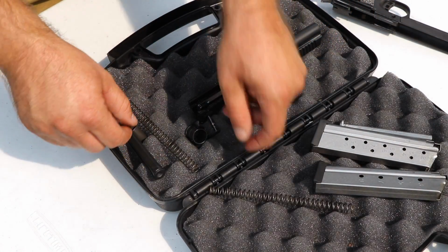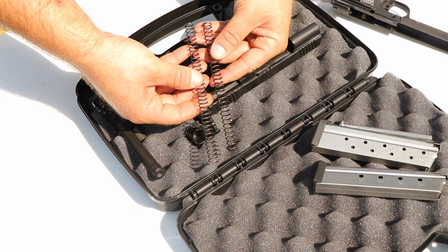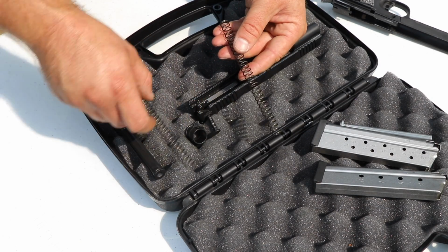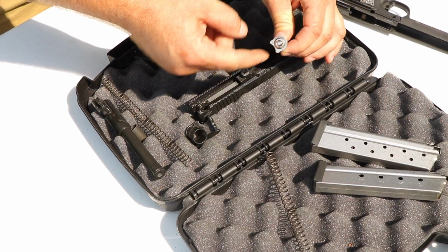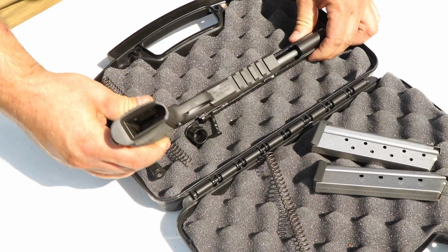Now, one thing to note is the 9mm spring and the 22 TCM springs are different. If you can see that, the spring for the 22 TCM is a little longer than the 9mm, so just don't get that mixed up. So from here, we're going to take our guide rod, put it back in with the U-shaped notch over top of the barrel. Now we'll take our slide, or our frame,